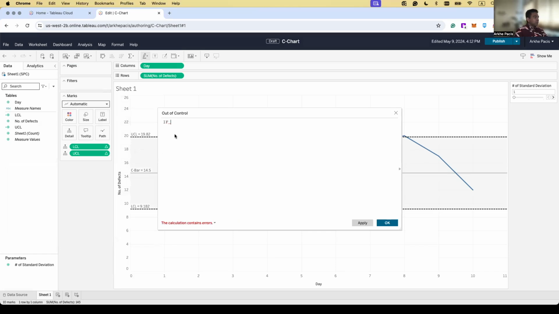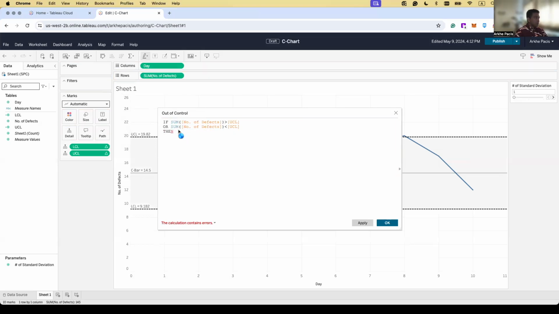We're gonna say, let's start with if the sum of number of defects is greater than the upper control limit, or the sum of number of defects is less than the lower control limit, then it's only the sum of